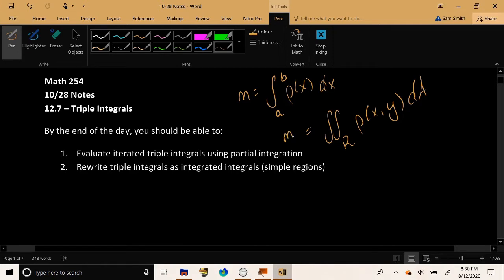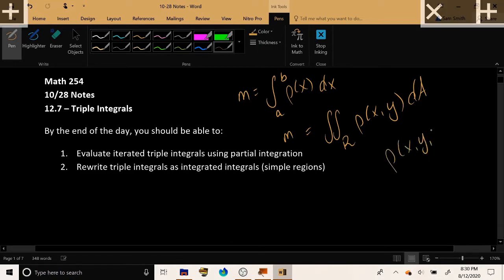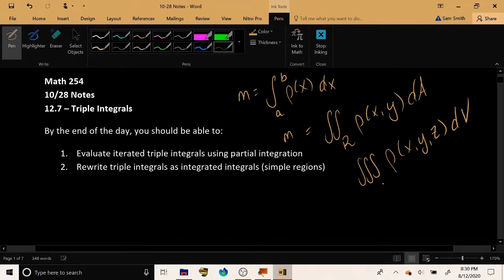But most objects in our reality are three-dimensional, so it seems like we should be able to integrate a three-dimensional density function with something perhaps that might be called a triple integral and get the total mass of the three-dimensional object. And that's what we'll be working toward here in the later part of chapter 12, talking about a topic called a triple integral, used to do things like calculate the mass and the center of mass of a fully